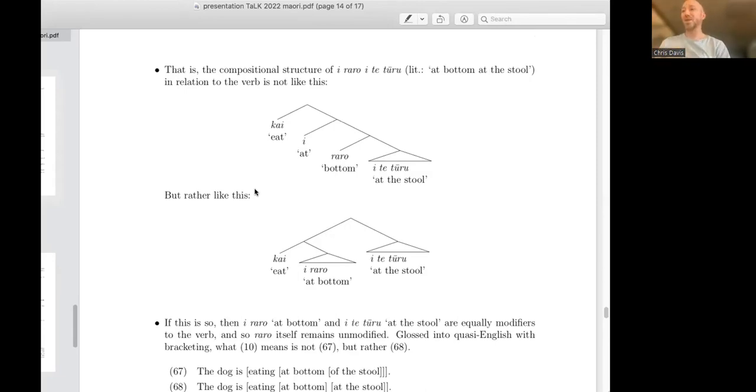And I don't know what the corpus suggests, but at least the examples you showed always had the bottom type word first, and the thing which is being specified, the bottom of which, is to the right. So if you have the flat structure, if that's a real asymmetry, and maybe you'd have to do field work to confirm it, then I would be surprised by that asymmetry. So I'm just curious what your thoughts are about that.